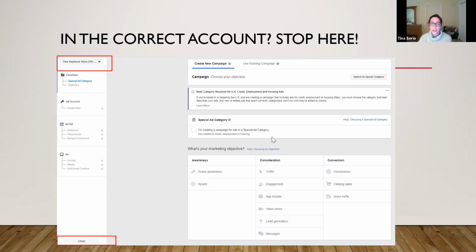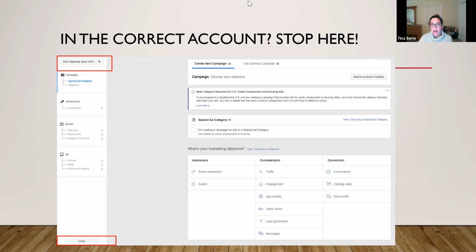But the first thing we're going to do when we're creating a Facebook campaign is make sure that we're in this guided creation. So in the top right, you see quick creation. If you're in the quick creation, then you want to make sure that you're in the guided creation, so that you can follow along and see exactly the examples that I'm going to be providing here.